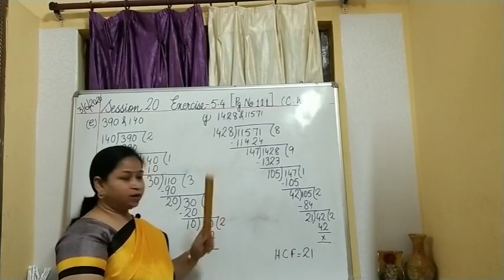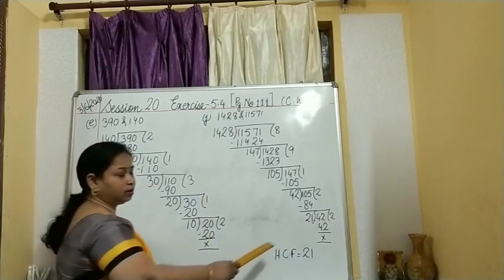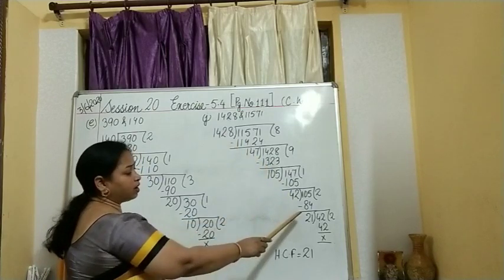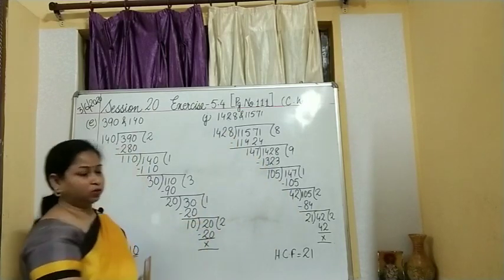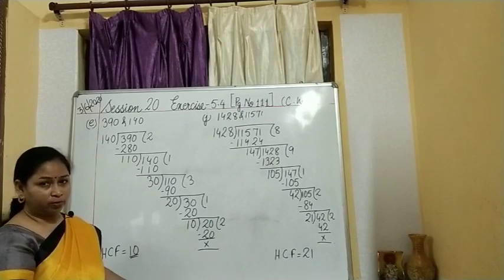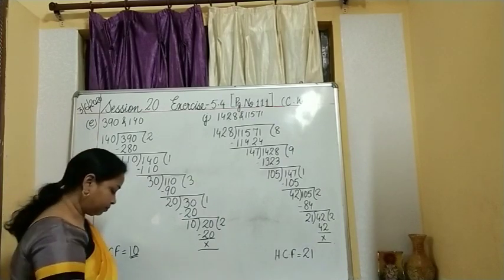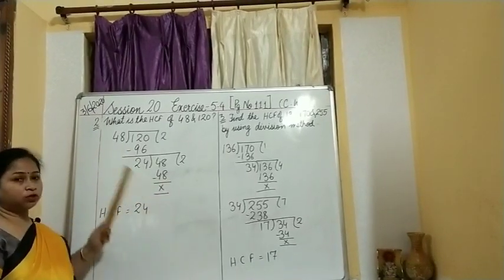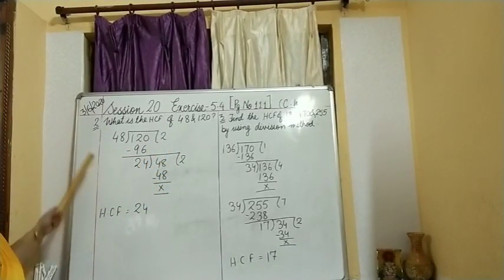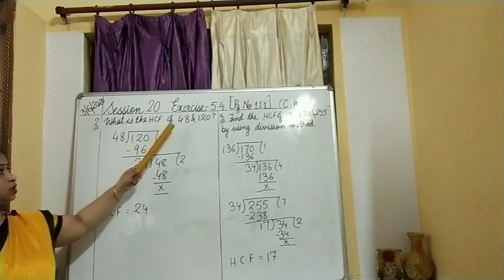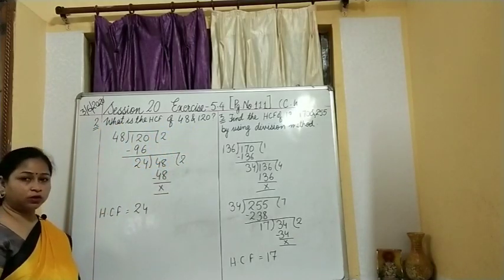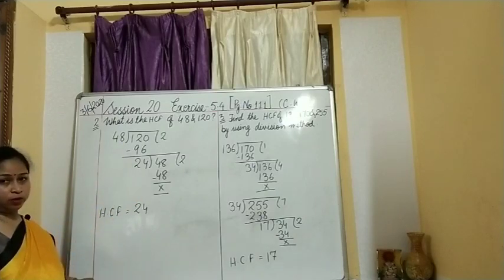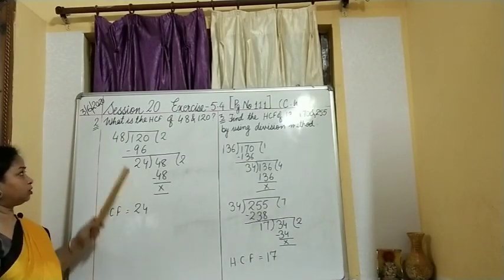Clear? Now why is it known as the ladder division method? See, if you look at it, you will see that it is as if you are climbing stairs. Okay, so we will be doing the next question, children. I have already displayed the next two questions, question number 2 and question number 3. Question number 2 is, what is the HCF of 48 and 120? Just now I have taught you the ladder division method, so applying that method, we have worked out this question.